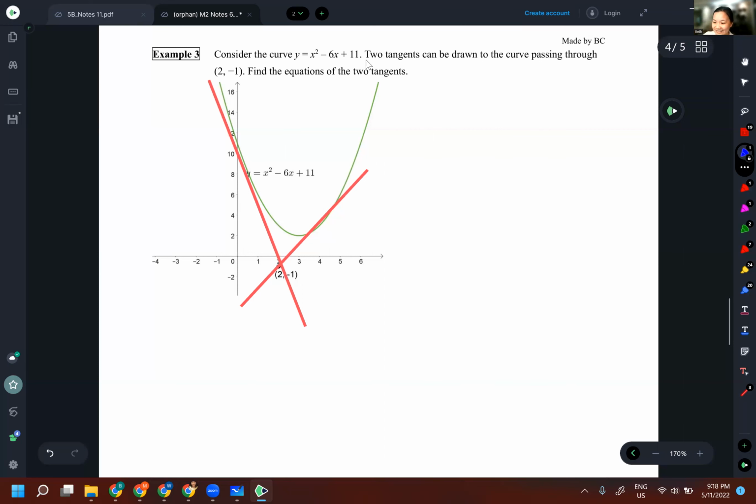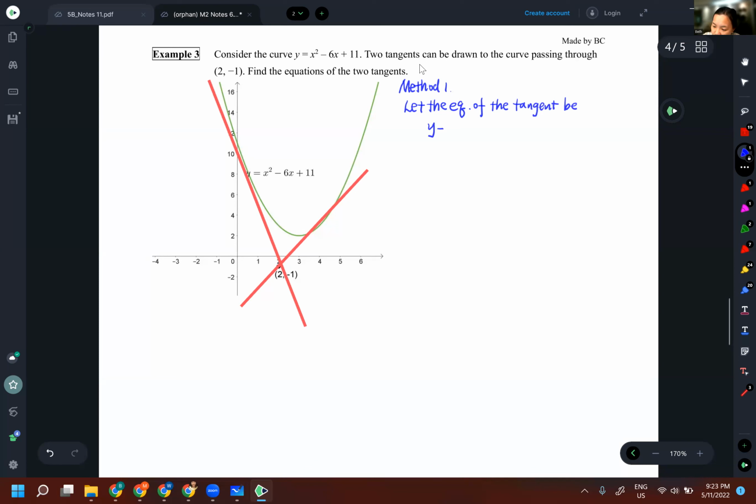Okay. I think it's more than 3 minutes. First method: method without differentiation. Let the equation of the tangent be